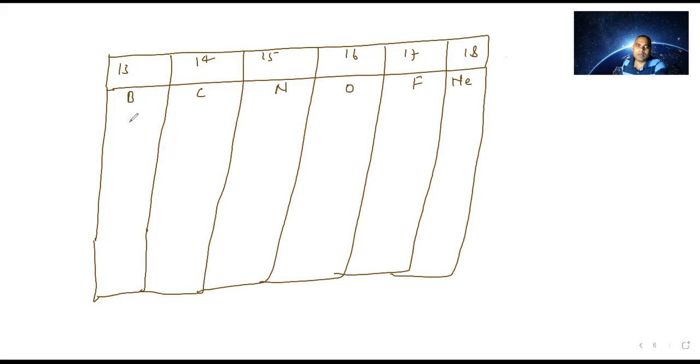If you talk about boron, so how much? Bagan, aloo, gajar in thala, we memorize like that. Boron, aluminium, gallium, indium, thallium. If you talk about carbon,